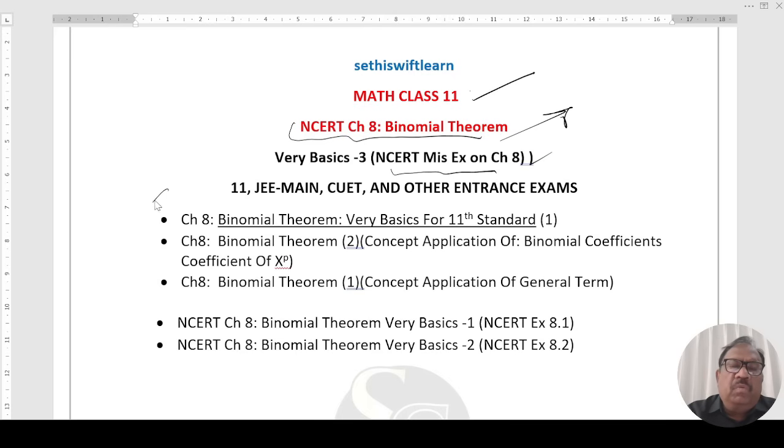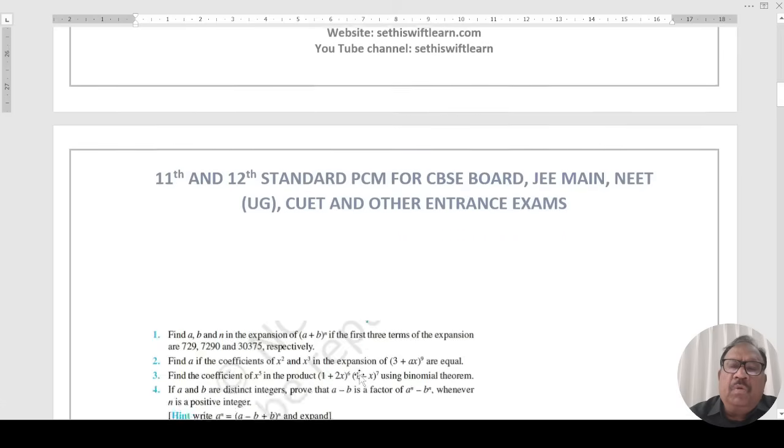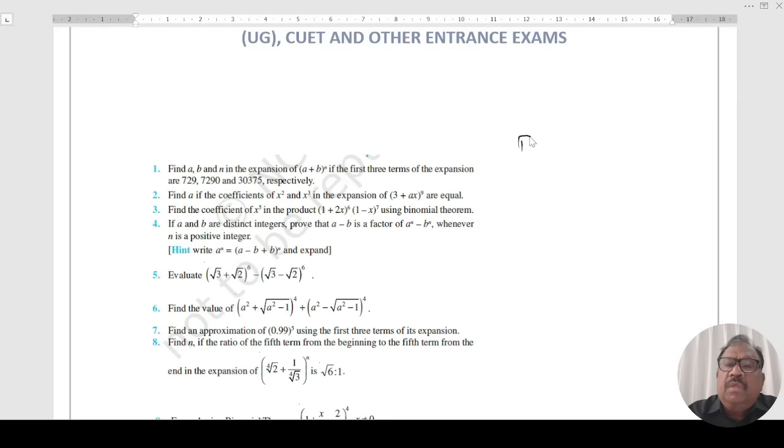In the earlier session, we have gone through this. In that case, concepts were cleared by using illustrations from JEE Main previous year questions, and in this case, illustrations were taken from NCERT exercise 8.1 and NCERT exercise 8.2. In today's session, we are going to discuss the miscellaneous exercise